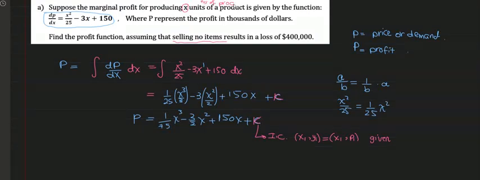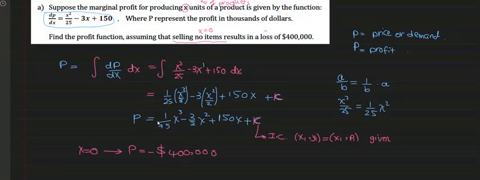So that's why x is the item's number. Selling no item means that x is equal to 0, results in a loss, and loss is a minus of this amount. So it seems that they want to tell us that if we sold no items, this will reflect to the profit with a loss of